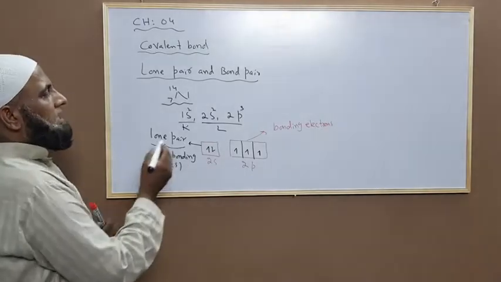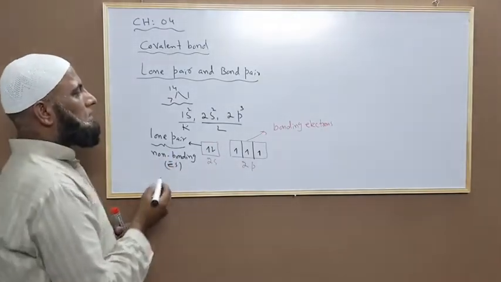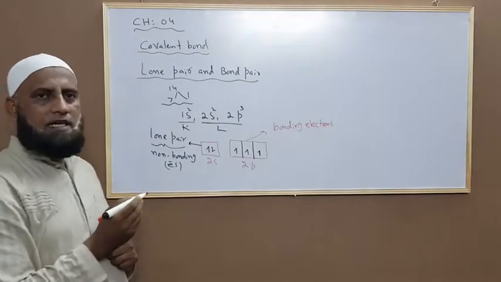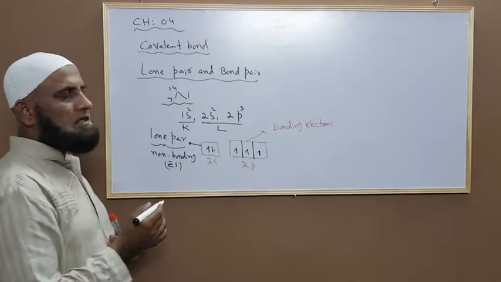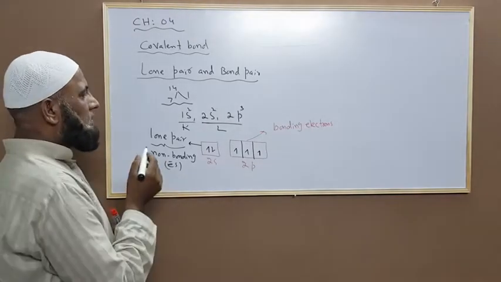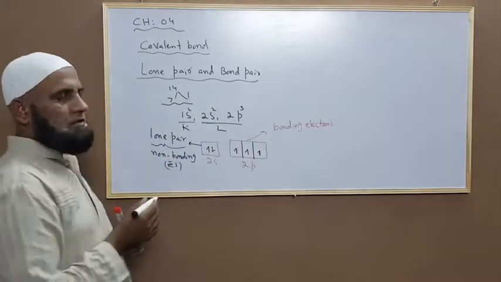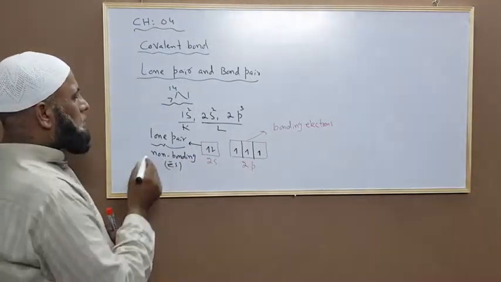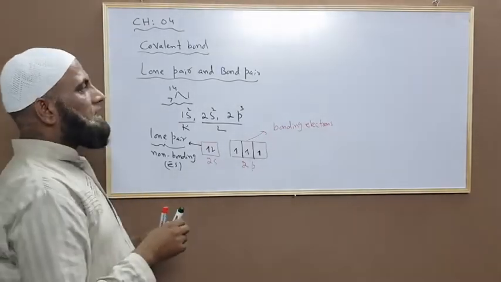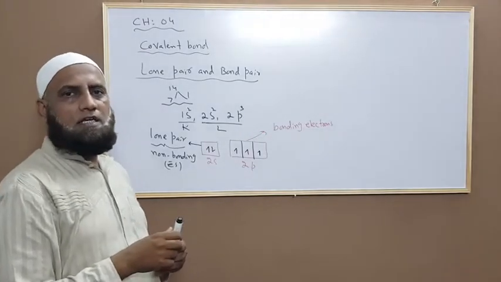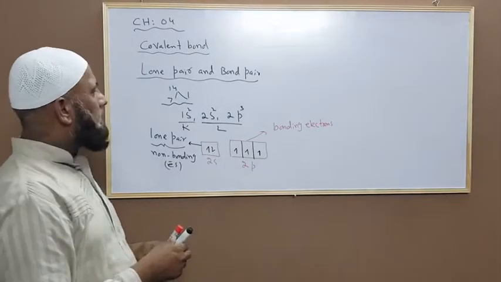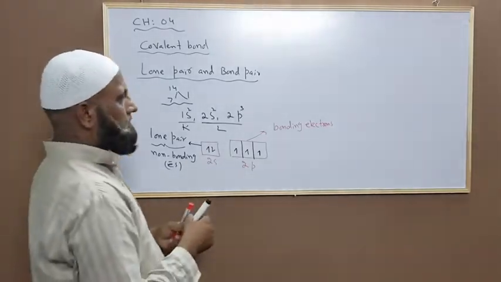Now, what would be the definition? What would be the conclusion for this? The unpaired electrons present in the valence shell of an atom are known as bonding electrons, while the pair of electrons present in the valence shell of an atom is known as a lone pair. In nitrogen, there is one lone pair. Mostly in the exam, they ask how many lone pairs are there in nitrogen, oxygen and fluorine. Let's take the example of the next atom, that is oxygen.